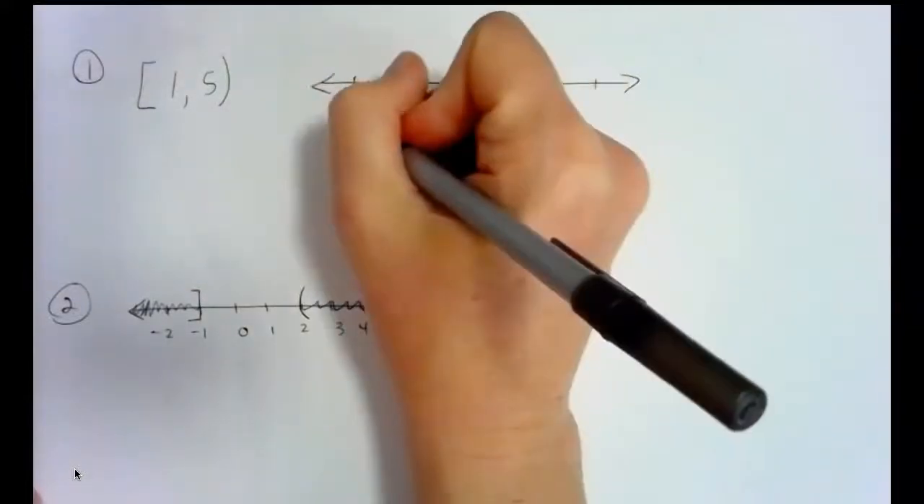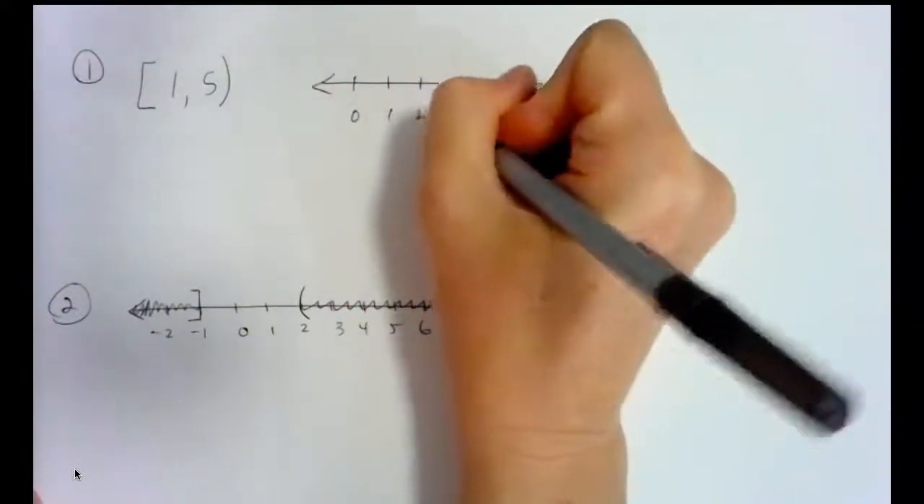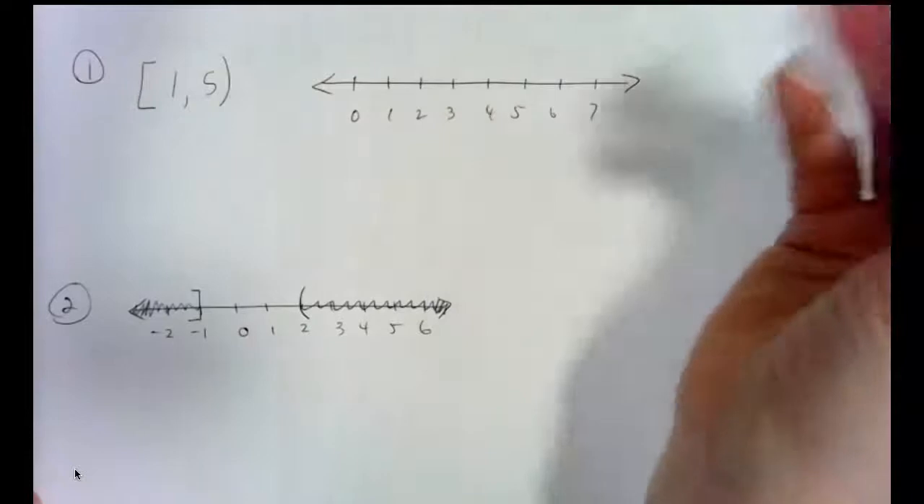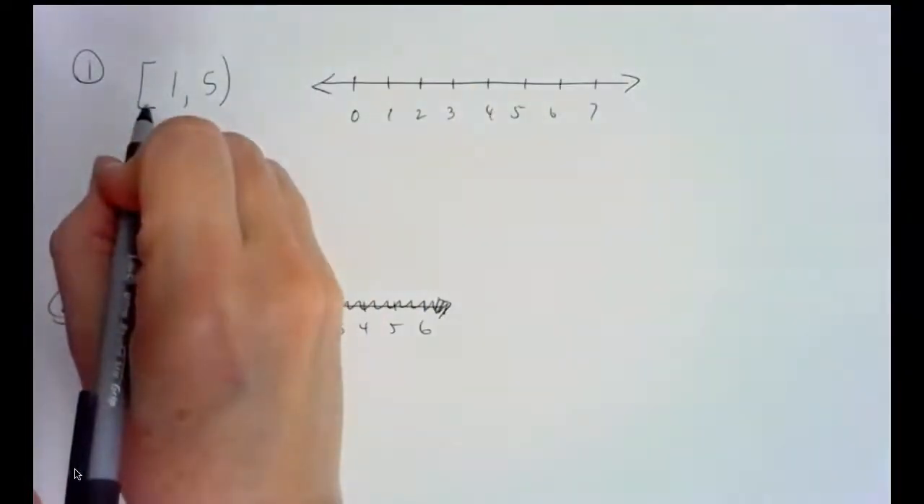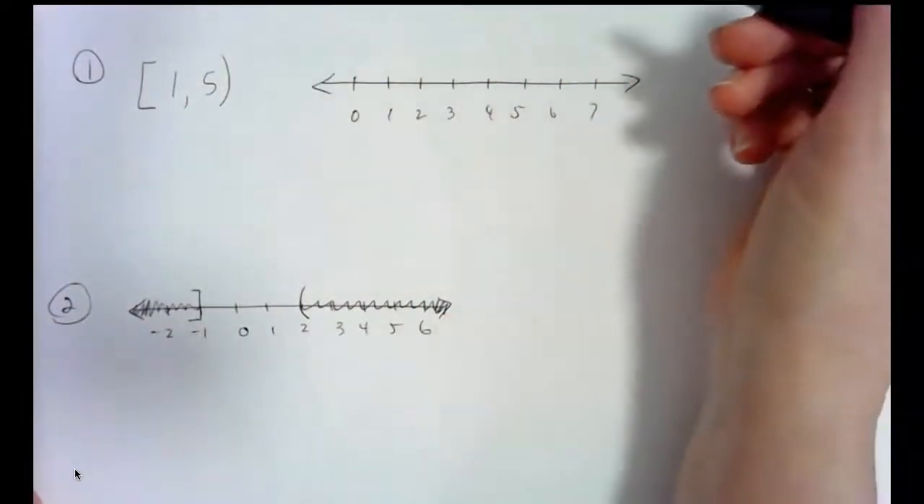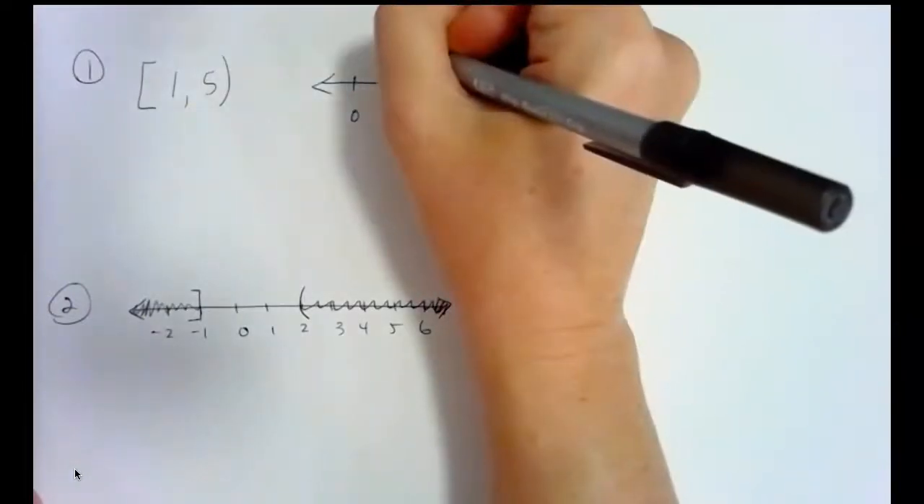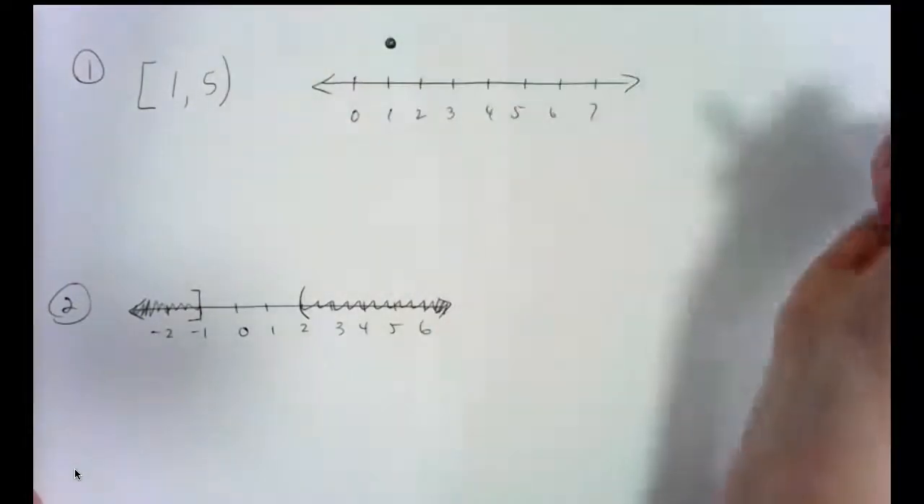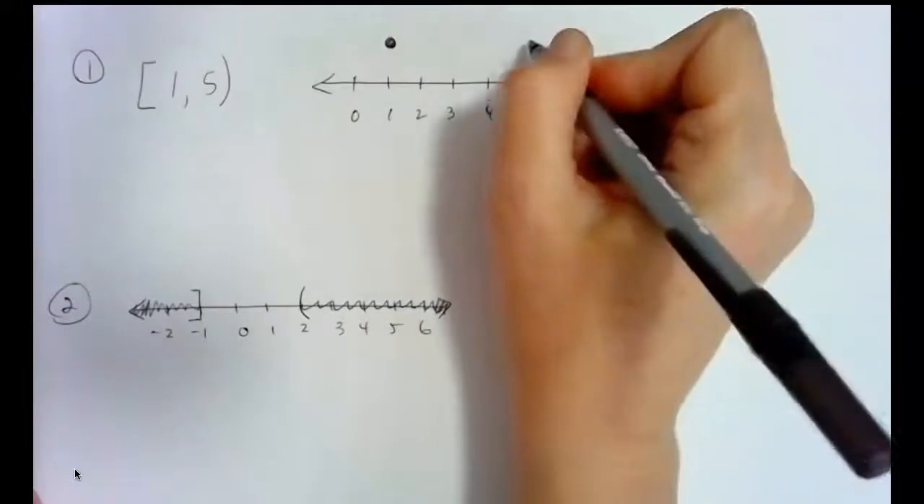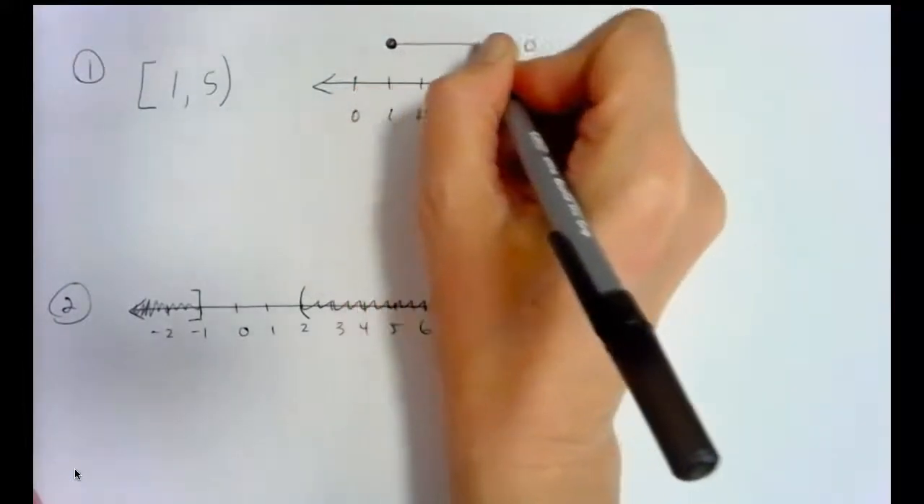So here's a basic number line: 0, 1, 2, 3, 4, 5, 6, 7. Remember the bracket shows inclusion. That's the same thing as a solid circle. Can put that up above it, and then it goes to 5 but does not include it, so that's one